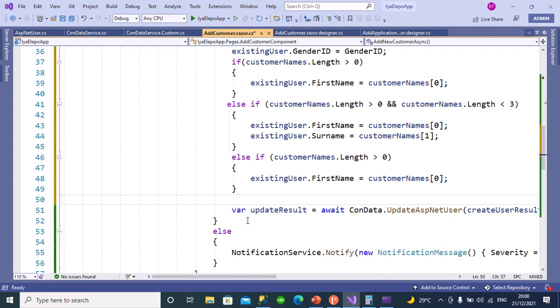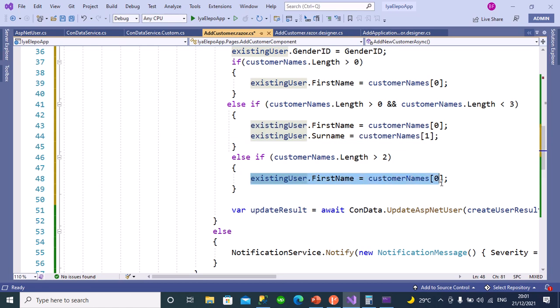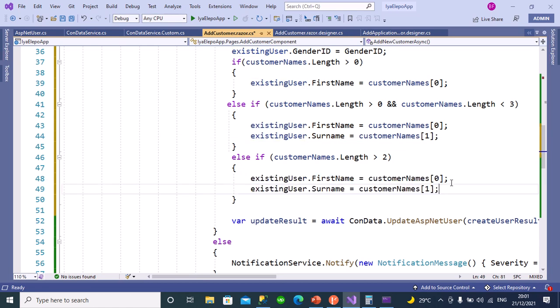Else, if customer names dot length is greater than 2, that means there are at least 3 elements. When something is greater than 2 and is an integer, that means the minimum number it will have is 3. Do you get it now? Yes. You understand my reasoning? So